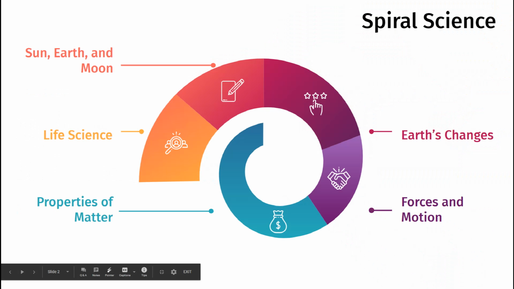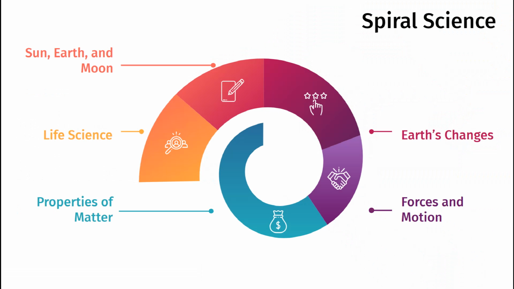All right, so our Spiral Science series will include, we're still in the properties of matter phase of this. And as we move along, we'll move on into forces in motion, then Earth changes, then the sun, earth, and moon. Then in life science, we might hit that just a little bit near the end of the year. And then we'll just start mixing it up from after that to combine a bunch of stuff. Won't be a lot of video stuff going on, but a lot more